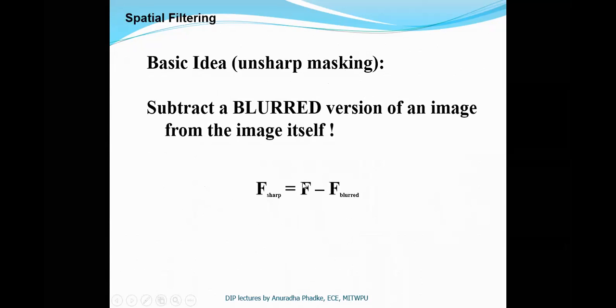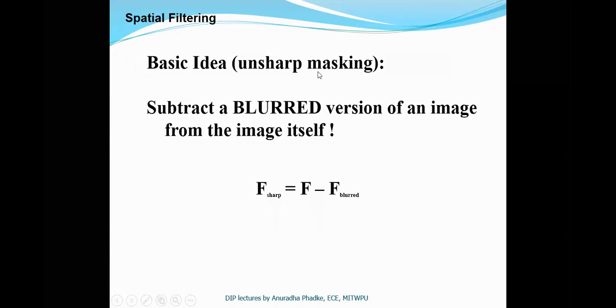So here F is your original image. A blurred version is obtained by applying a smoothing filter like an averaging filter or weighted average filter. You can get a blurred version of the image, and by subtracting this blurred version from the original image we can get the sharpened image. Okay, so simply we can subtract the blurred version from the original image to get the sharpened version, and this concept is